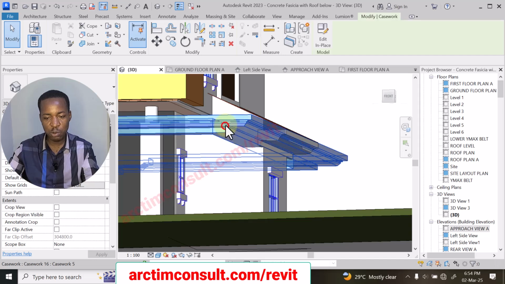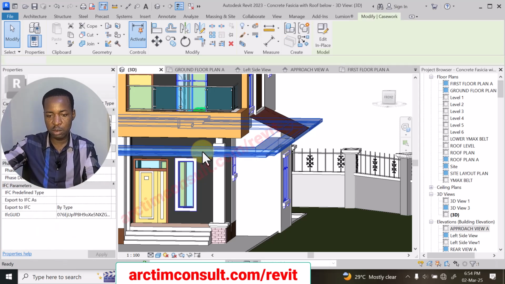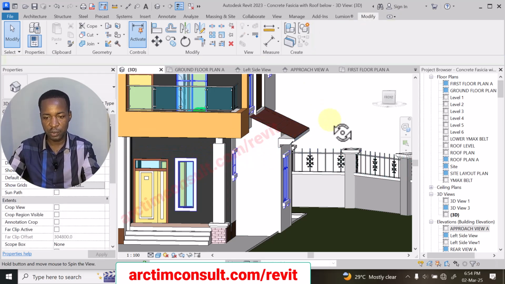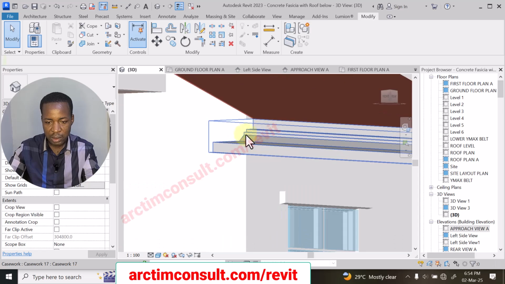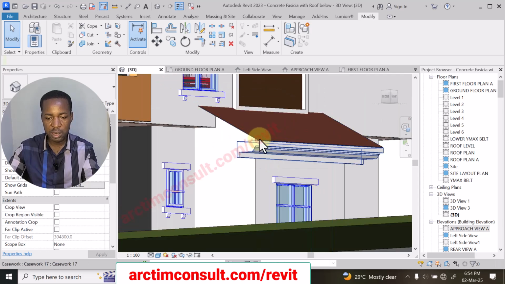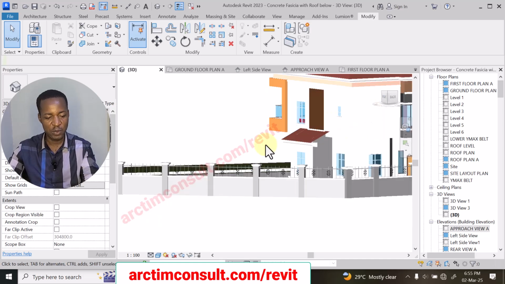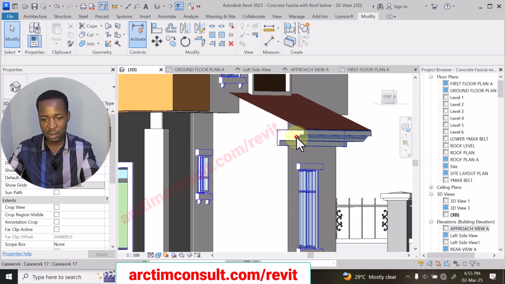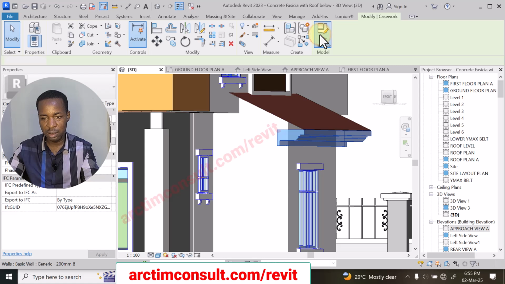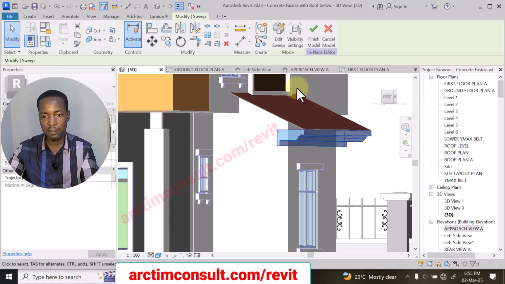So the next thing is we'll delete this one. We only needed it to get our profile. Okay, so we have deleted that. Then you look at it now. What we need now is for this end to go up. Then this other side should also go up. Okay, let's quickly select it, edit, edit model in place, or edit in place, whatever. Then select it again, edit sweep,